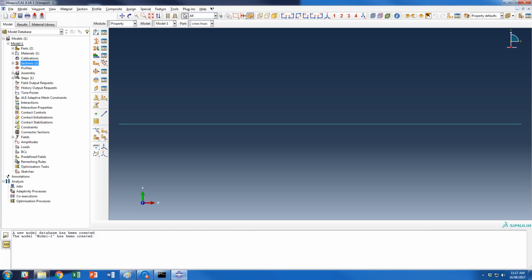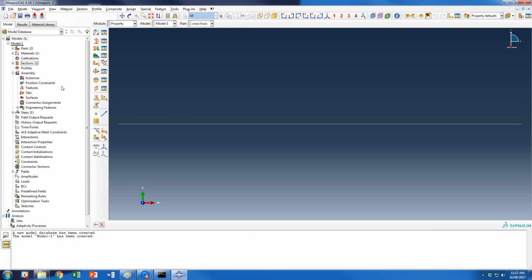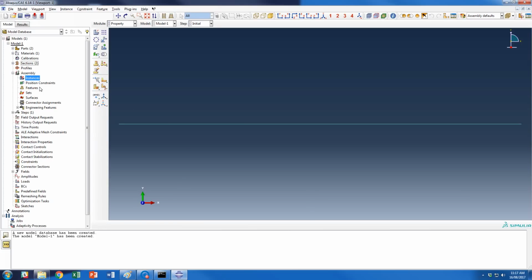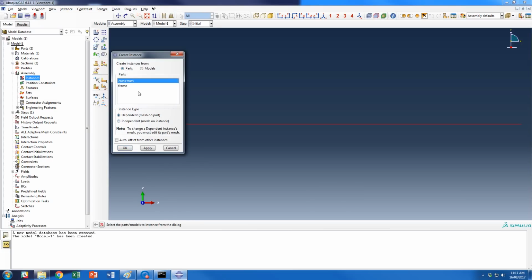Now moving further down, we need to put all these things together into one assembly. If I just right click on instances and hit create, we can start putting these in. We're going to need 2 of these frames. So I'll click on the first frame and hit apply, and that adds one in. And then if I click on the frame again, what you want to do is click on this auto offset